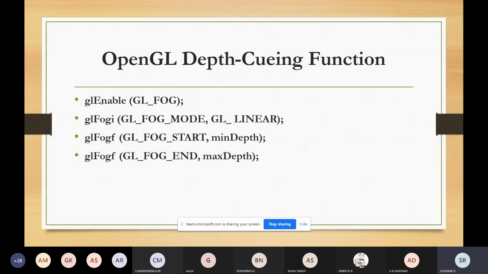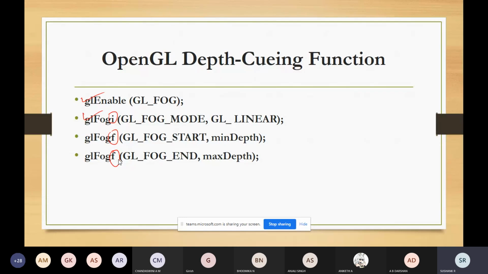That is done by using the glEnable function and the glFogf function. Here i refers to integer and f refers to floating point. You can vary the brightness of an object as a function of its distance from the viewing position using glEnable and glFogf.